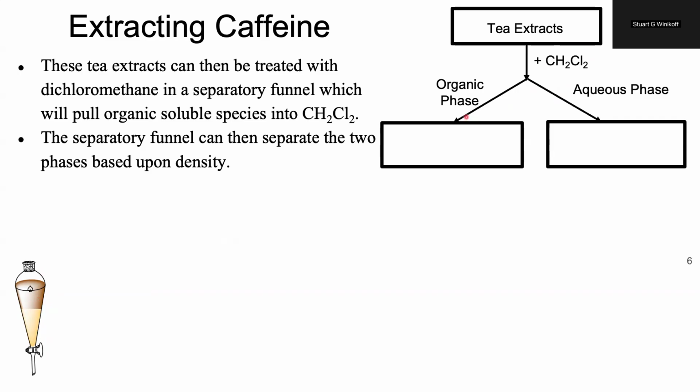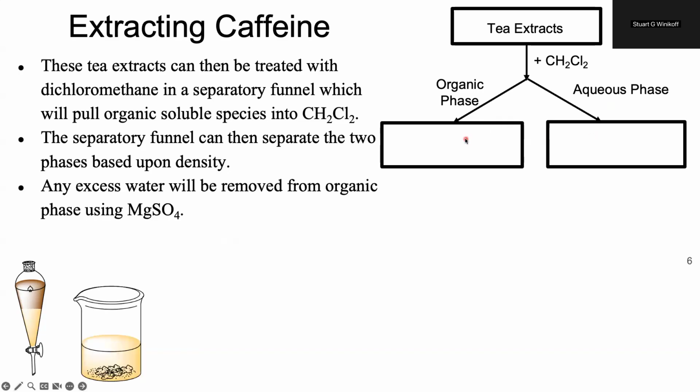As it turns out, we would expect our caffeine to be soluble in the organic phase, while any of those semipolar acidic compounds, such as gallic acid, now that they have formed ionic compounds, should mostly go into the aqueous phase. Now, when we do this, I will have a nice organic phase that I can collect. This is going to include